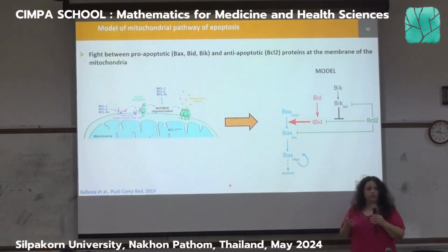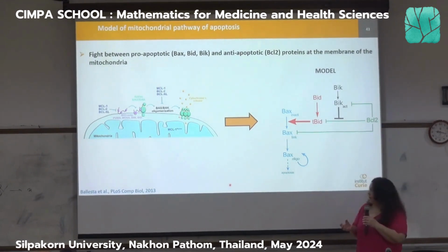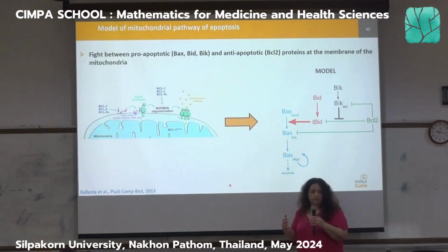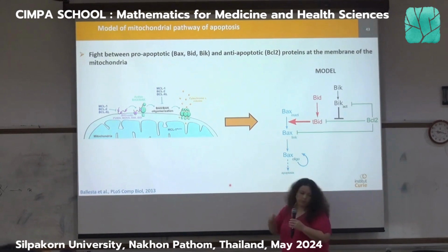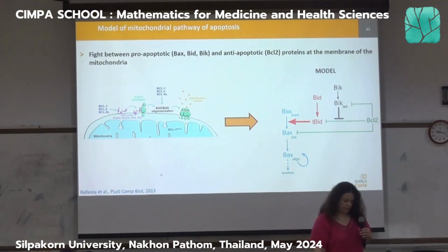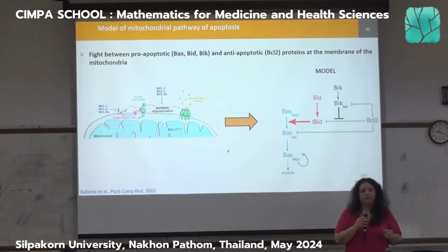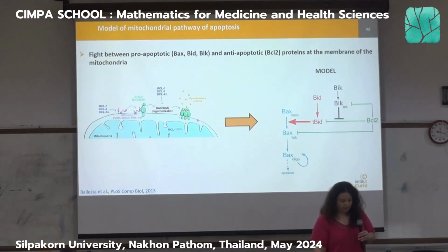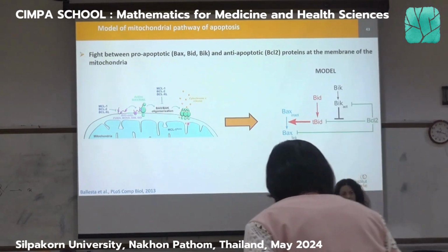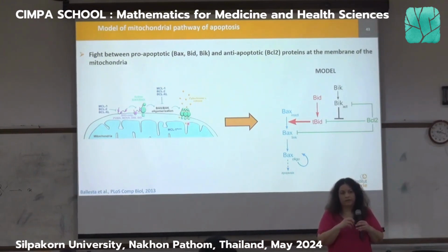In the presence of stress, several proteins, including Bax, but not only Bax, will actually migrate to the mitochondria. This is the half of the mitochondria, and this is the mitochondrial surface. And what we know is that the cell may trigger apoptosis, so may trigger cell suicide, their own death, by creating pores here at the surface of the mitochondria, which then trigger the release of proteins inside the mitochondria in the cytoplasm that will then induce cell death.